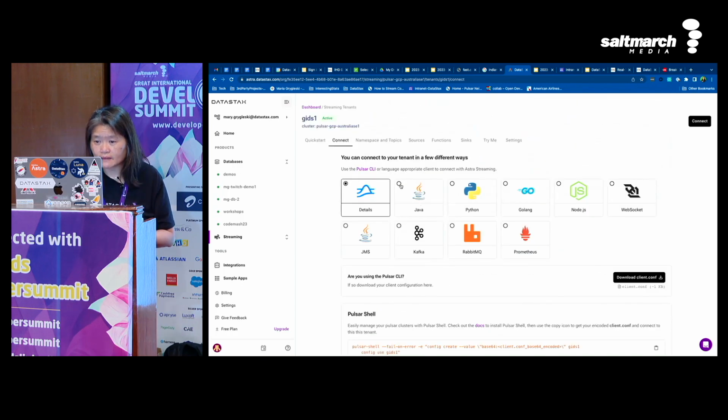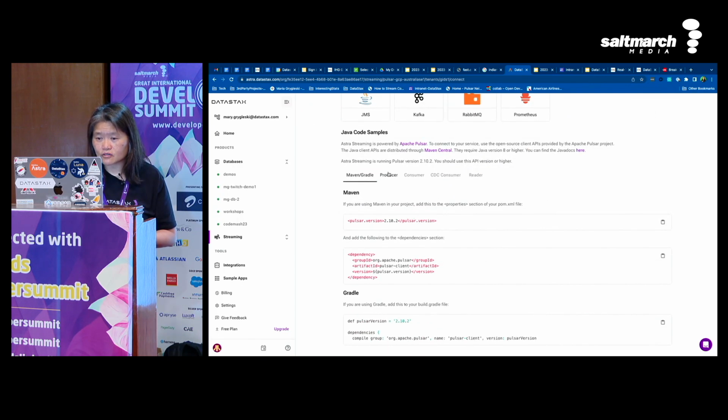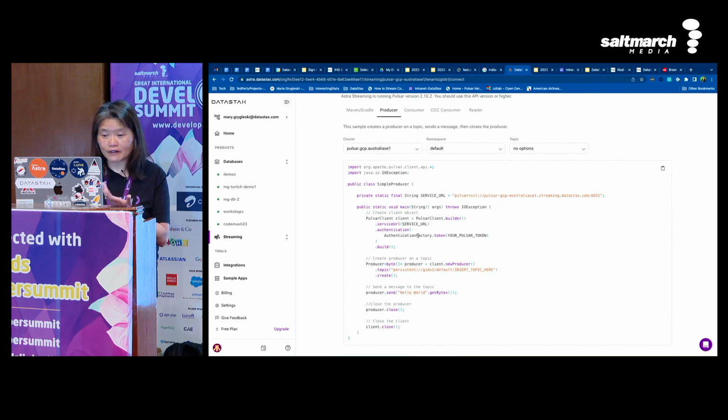How do you write a Java client to write a producer? All you need to do, very basic, is set up your client handle and then create a new producer, have it associate with the topic, and then once it's created, you can start sending messages. It's as easy as producer.send, and that's a synchronous send. You can also do producer.sendAsync, that would be asynchronous send. And we always remember, if you're not using Pulsar schema, that you have to convert it into a byte array. So once you do send, the messages get sent like that. It's as fast as that.